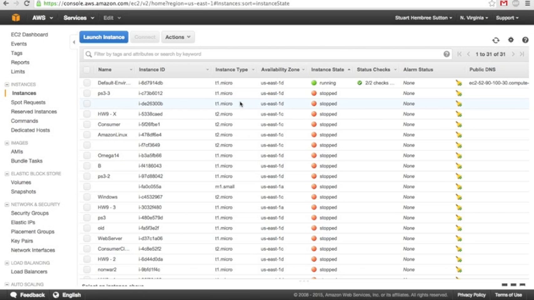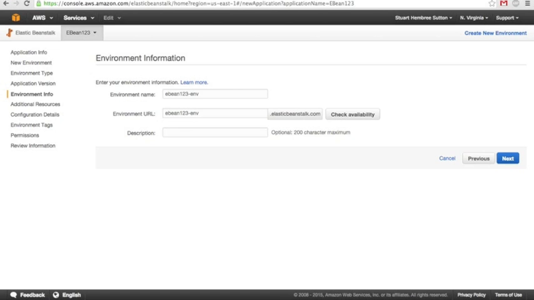Here are our running instances. I have a default environment from another application that I am running, but that has nothing to do with this project. We'll come back here in a minute and we'll be able to see some of the servers that it gets going. So we'll go back over here to create application,